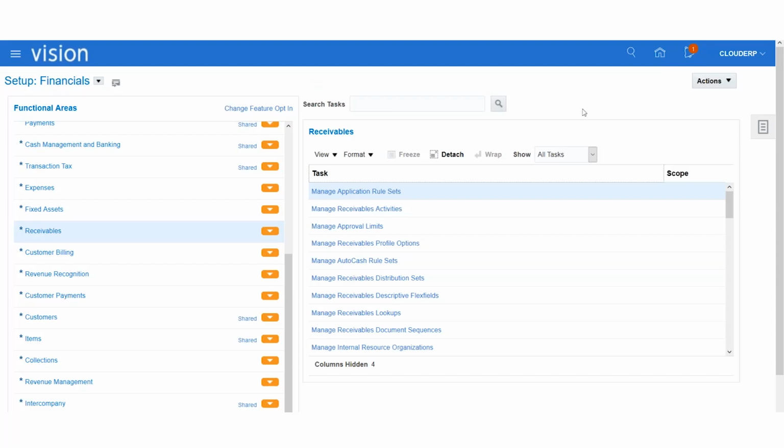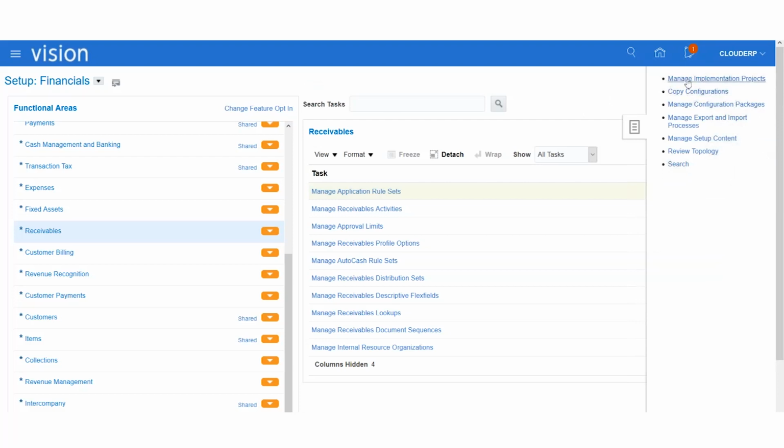If you want to migrate the setups from one instance to another instance, first you have to create the project. That we'll be discussing maybe in the next sessions. There is an option available for that. But the role cannot be migrated that way. If I design a role, in that case I cannot migrate it. You have to take support from Oracle.